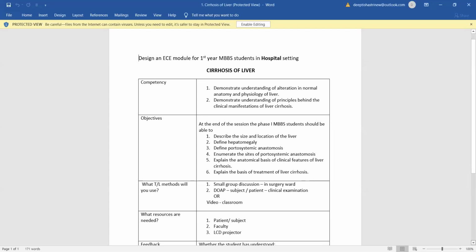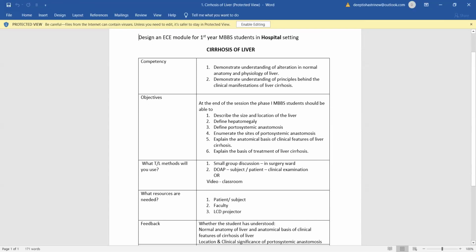Good evening, everybody. Senior resource person and my dear colleagues. Please do not mind my voice today. I'm not feeling well. Group A1 and the ECE module which was allotted to us was cirrhosis of liver in the hospital setting. So the competency which was designed was